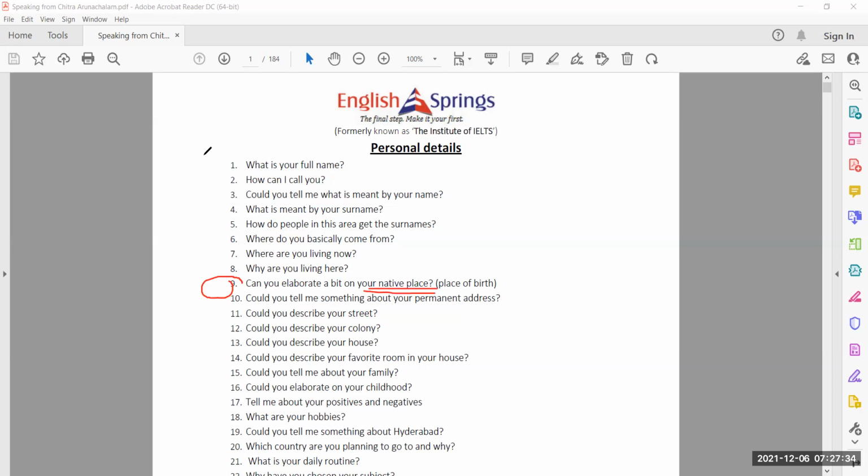So see, there are a lot of questions in which you have to prepare beforehand. Okay, please do some groundwork. And definitely the examiner will ask you some questions related to your native place. So what I am going to do is, I'm going to give you some cues. Please make use of it to give a lengthy response. So if he or she asks you about your native place, there are certain points which you are supposed